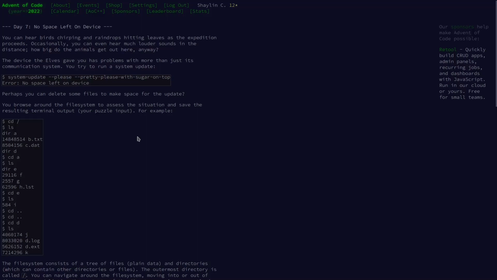After working with our device yesterday, we see that we are going to need an update. We notice here that as we try to run our update, we're seeing an error: no space left on device. Now they're asking us today, perhaps we can delete some files to make space for the devices. We browse around this file system to assess the situation, and we save the resulting terminal output, which will be